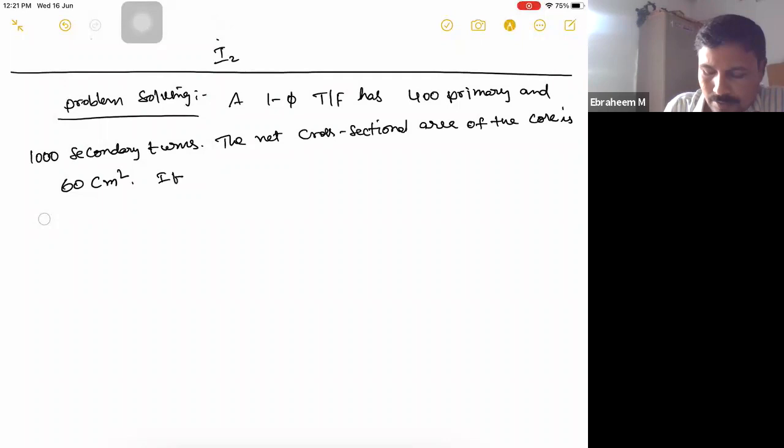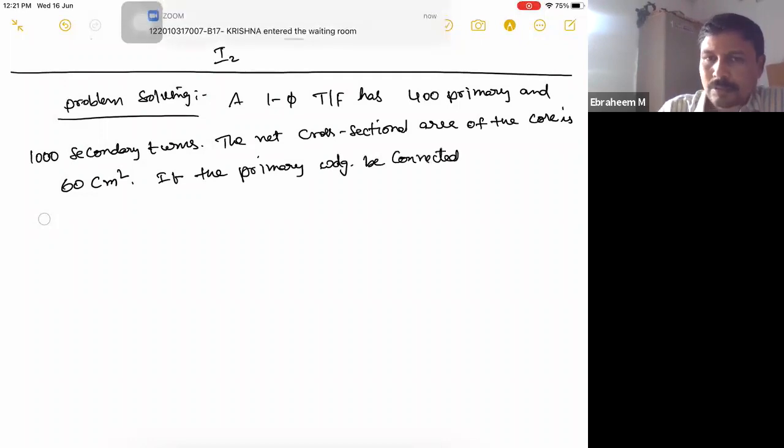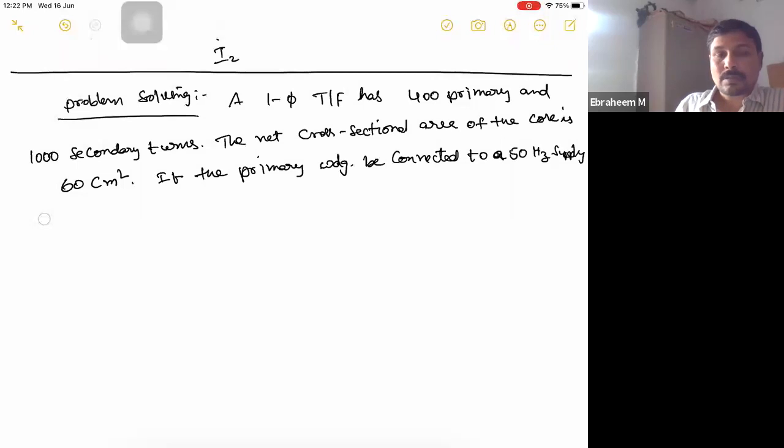If the primary winding is connected to a 50 hertz supply at 520 volts,